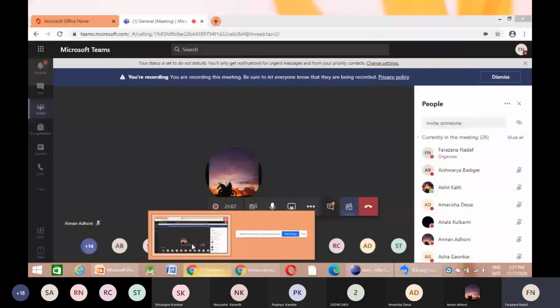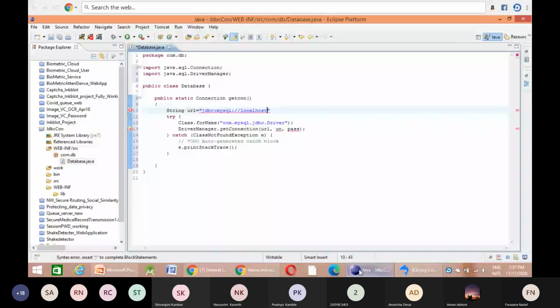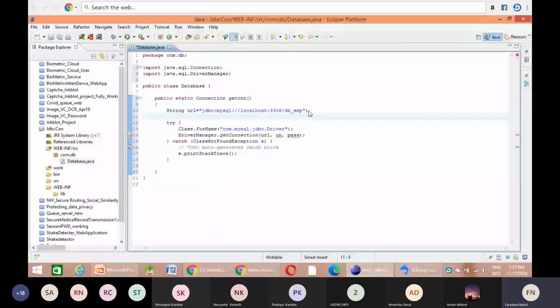Okay, so here what I'll do, 3306 database. And what is my database name? db_emp. So once it is done, I'll just give a semicolon and I'll end it. Once it is done, I'll give username. The username is by default root, as I mentioned, and the password will be